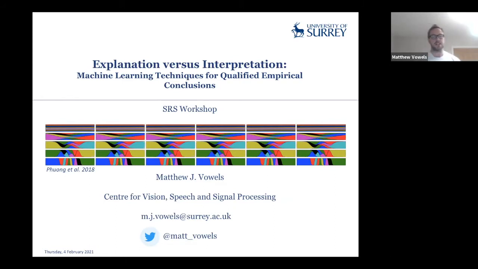And as Marta said, this is almost like a part two from the last workshop, which had the main motivation for what I'm talking about now. So I'm going to have to review a little bit of what I did in the previous workshop, but I know there are some new faces I didn't see last time, so hopefully that's not too much of a problem. Yeah, and I suppose let's get started.